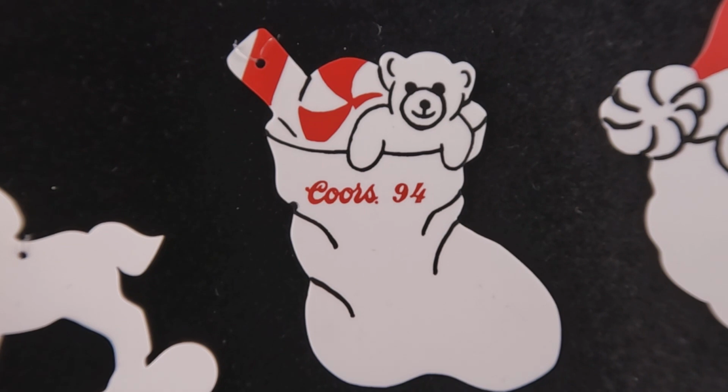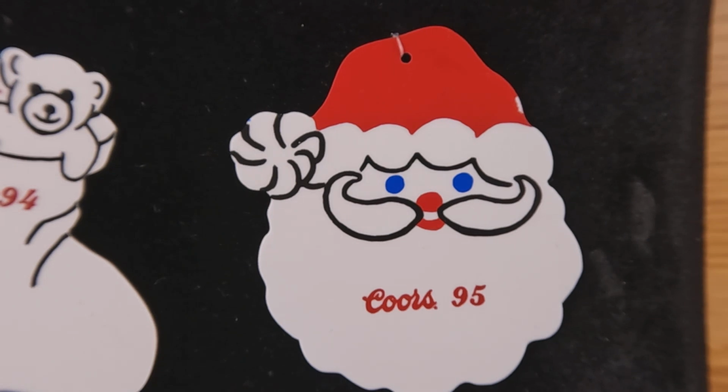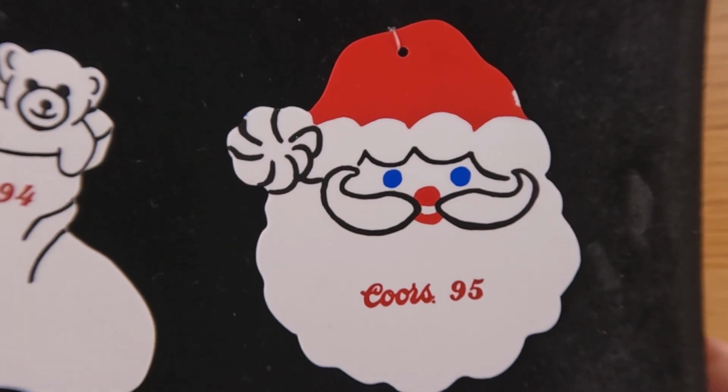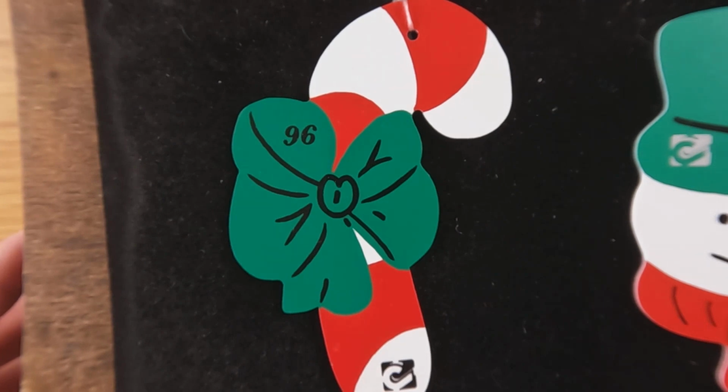they used two colors. And the next year they upped the ante again and used three colors. They've got the Coors red, the blue eyes, and the black outlining. And that takes us up to 95. Then in 96, we started getting really fancy. And we've got the candy cane here